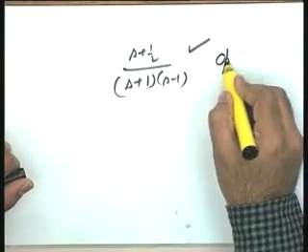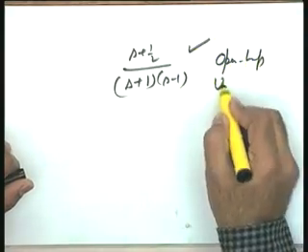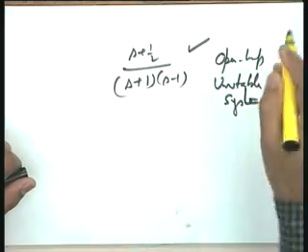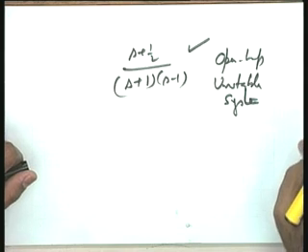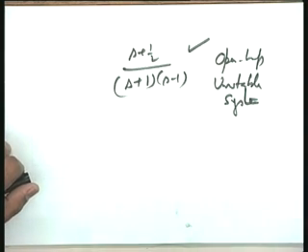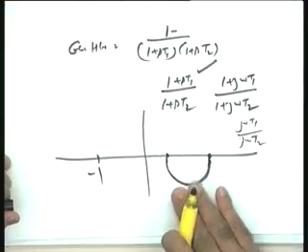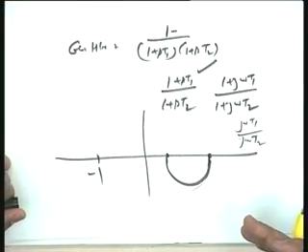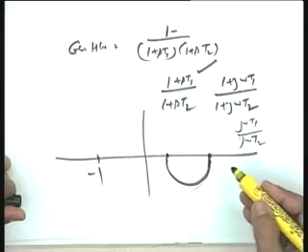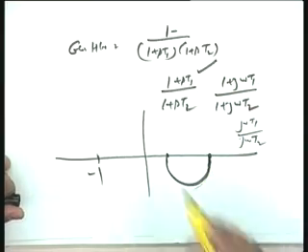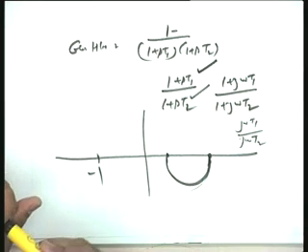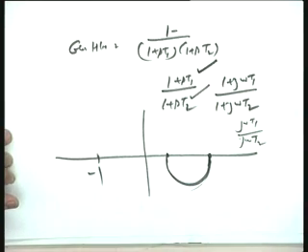It is a case of an open loop unstable system. I am going to comment on this. An open loop unstable system will not fit into the definition of gain margin and phase margin I have given. I will explain this point very shortly. His example seems to be quite alright, that here we have a type 0 system, and in this particular case, if I vary T1 and T2, the system is stable for all values of T1 and T2.